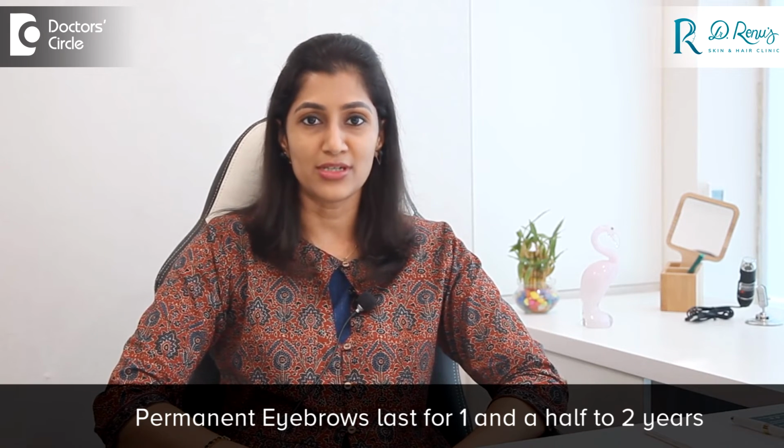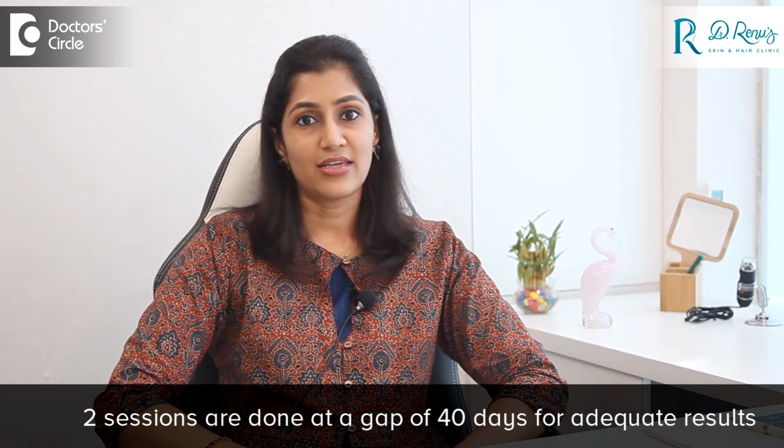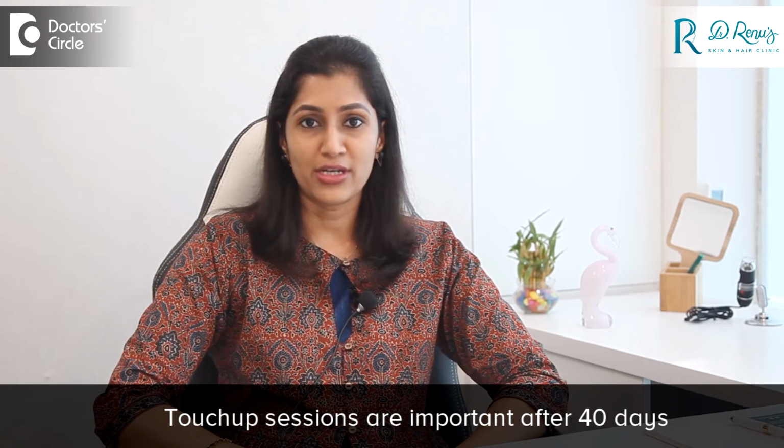The second doubt that we have is how long does the result last? So permanent eyebrows, when properly done, easily last for 1.5 to 2 years, after which the color starts fading. So we need to do 2 sessions for the results to be adequate. So the 2 sessions are done at a gap of 40 days. And the touch-up session is very important after 40 days so that we can make any slight corrections in your shape, color or symmetry. And it also makes sure that the ink lasts for a long time, up to 2